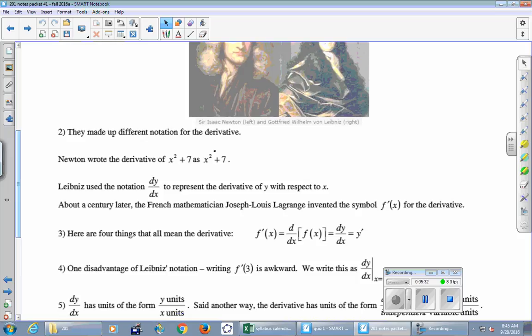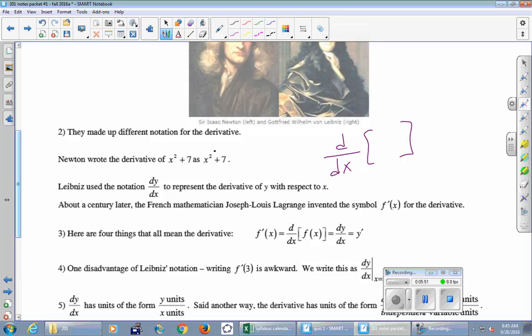Newton wrote the derivative of x squared plus 7 as x squared plus 7 with a dot on the top. We do not use that notation. Leibniz used the notation dy dx, which we have seen a little bit this semester, to represent the derivative of y with respect to x. We have been writing this for the last few classes, and we've been saying that that represents the derivative of